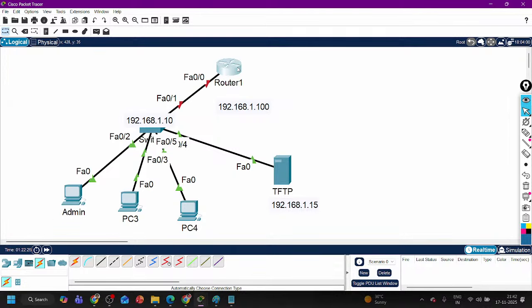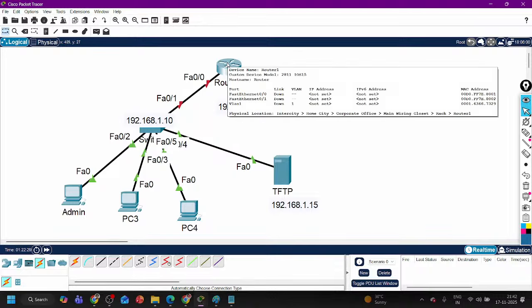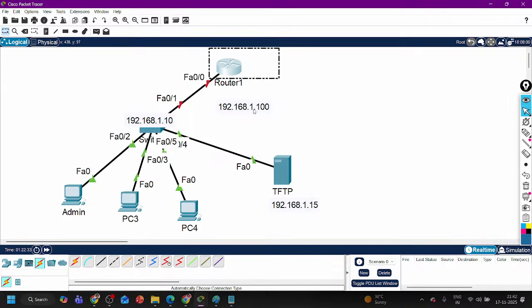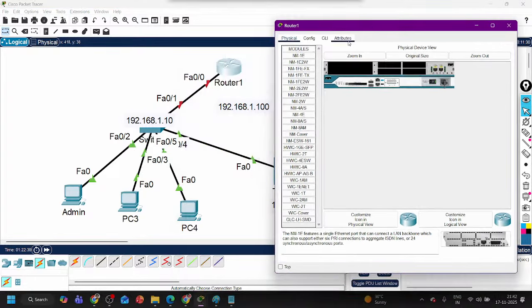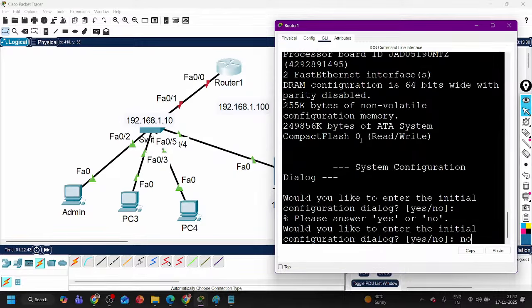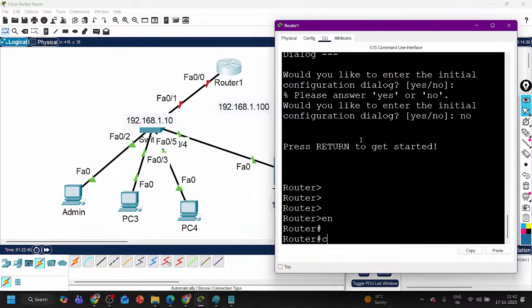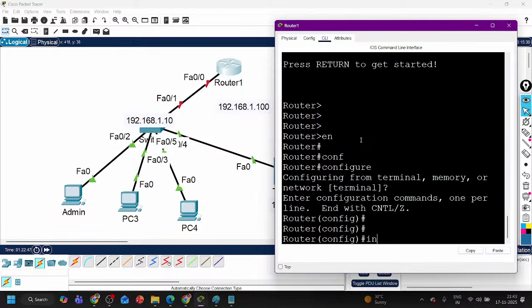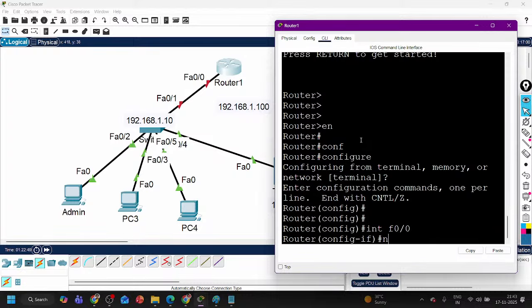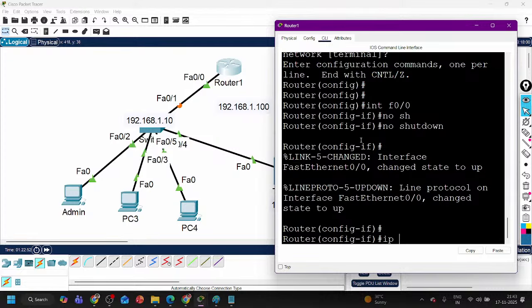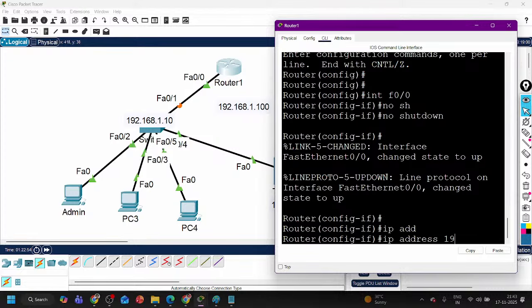But guys, what I told you, this is a brand new router. First of all, I need to configure it through console. I have to make reachability from router number 1 to the TFTP server. Let me access it directly, because you know how to access through console as well. The CLI router has booted up. Enable. I am just going to configure an IP address for reachability, nothing else. F0/0, no shutdown, and the management IP address